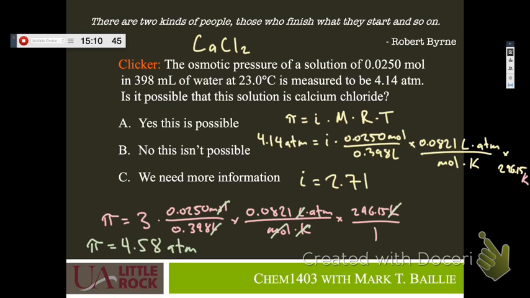looking for. What range would we be looking at for atm to know that it's within, because that's 0.4 of a difference, or 0.44. So that's a little bit irrelevant, the 0.4. The more relevant thing is the ratio between the two. So this number, 4.14 divided by 4.58, that's 2.71. That's close to 3, right? So the closer together these two numbers are, the closer the theoretical is to actual. So it's the relative value here. If we expected to find 4.58 and we found 1.01 atmospheres, we'd say that that's not really soluble because it's